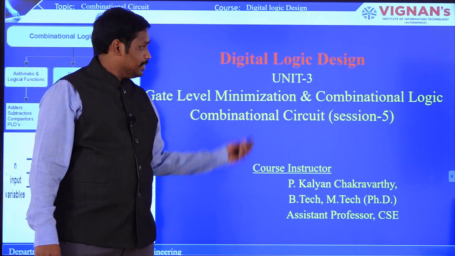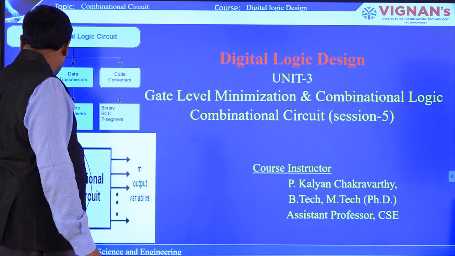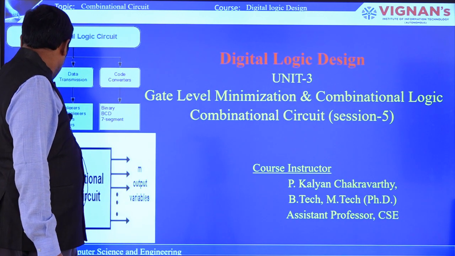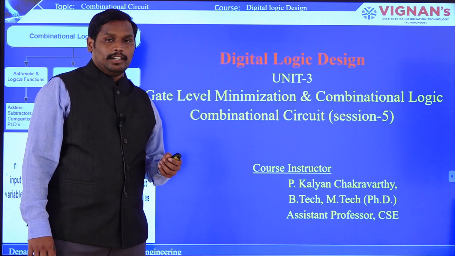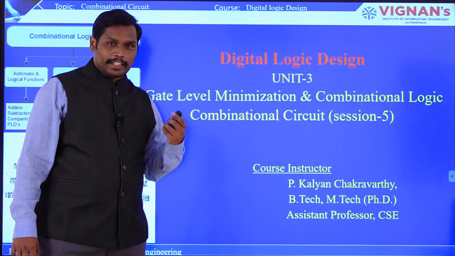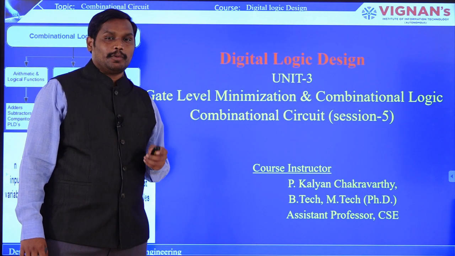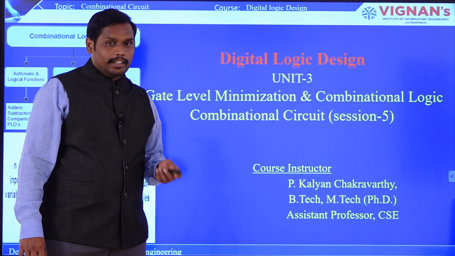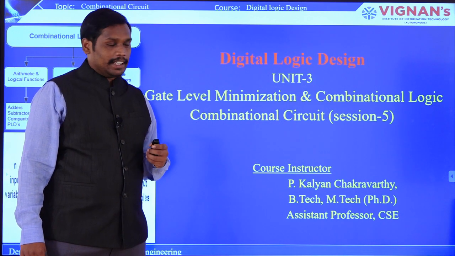So welcome to unit 3, that is gate level minimization in combinational circuits. In gate level minimization, we have seen POS expressions or SOP expressions that we have solved with the Karnaugh map as well as the Quine-McCluskey tabulation method, right? And we have also seen what the universal gates and basic gates are in the previous class, and this is